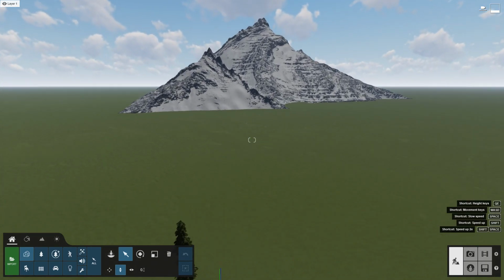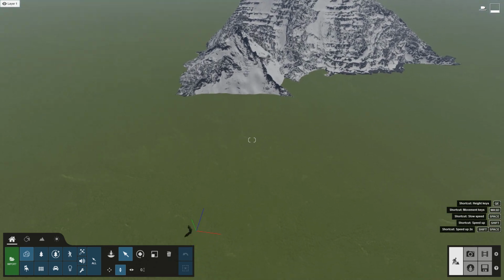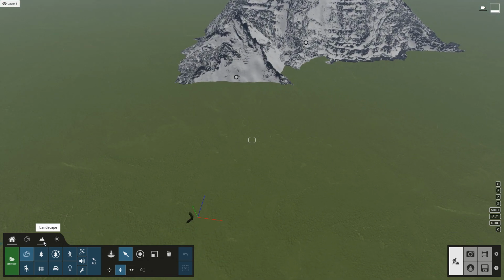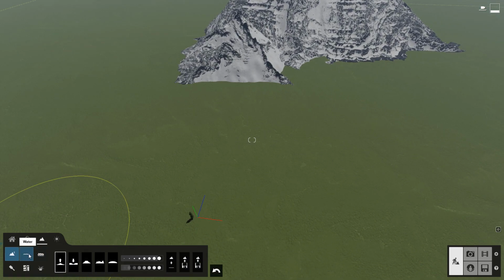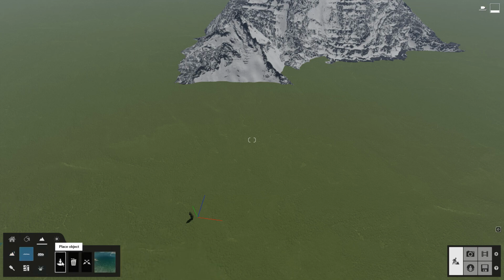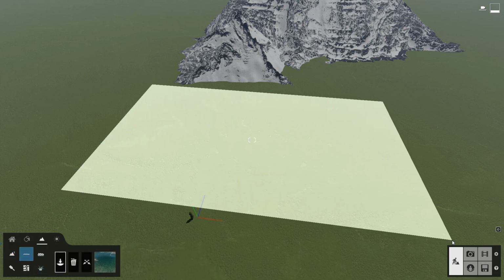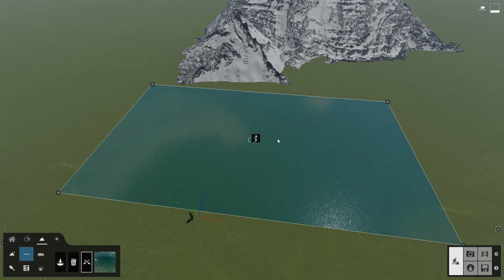Let's fly up here high above like a little eagle and look down to the mountain below. Now come on down here to this tab and click on the little wavy icon to create a waterfall lake. And now we can drag the mouse left to right to create a water surface. Then we can move it just a bit lower with these arrows.